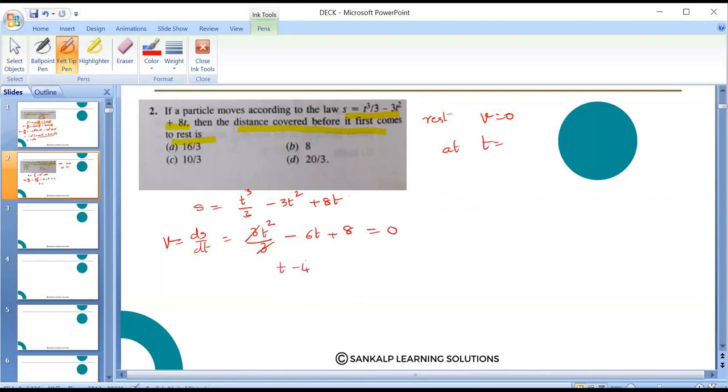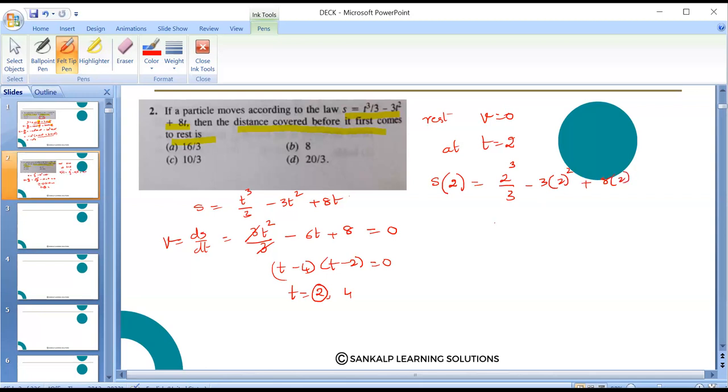Factorize it, t minus 4 into t minus 2 equal to 0. T is 2, 4. First time it is coming to rest when t is 2. So at that time, the distance covered or the position is 2 cubed by 3 minus 3 into 2 square plus